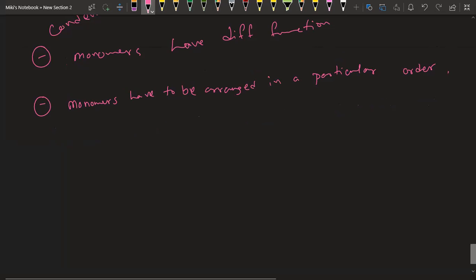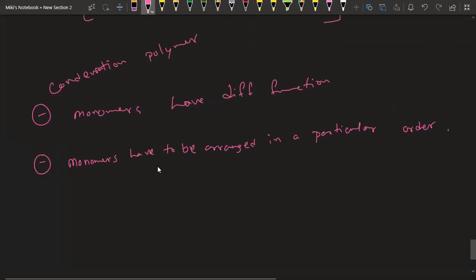to participate in condensation polymerization. At the same time, monomers have to be arranged in a particular order. This means after the formation of the condensation polymer, they need to be arranged in such a way that they are in a particular order. Now, why is that? Because they need to form